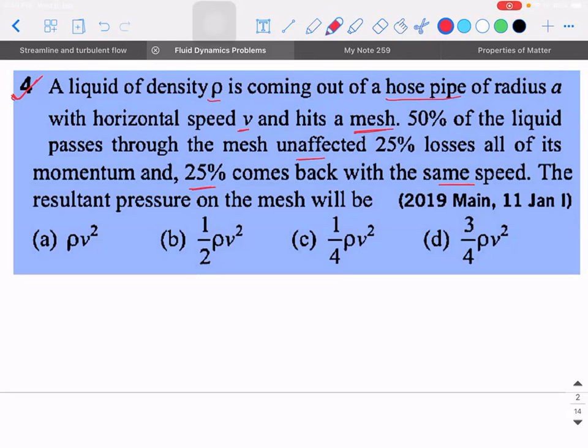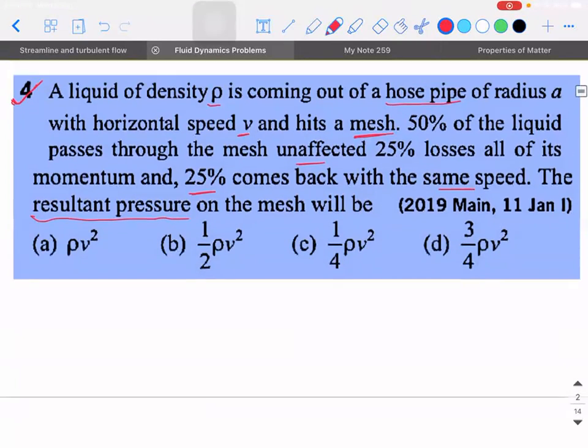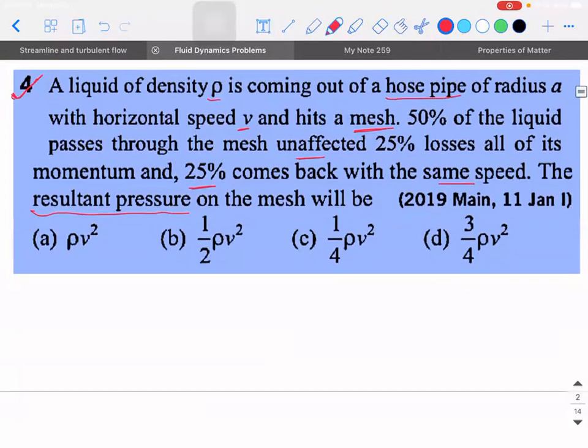How to proceed? Now tell me, you have to think in terms of reverse. They're asking what is the resultant pressure on the mesh. Can someone explain this question to me? Why is there a pressure being exerted? You can explain in terms of mathematics or in terms of physics also. Tell me. So what have we discussed about pressure till now? The basic idea of pressure tells us. So what is the basic definition of pressure? Force per unit area.